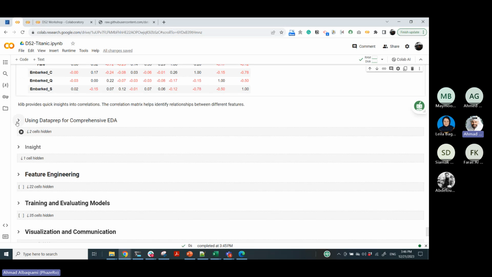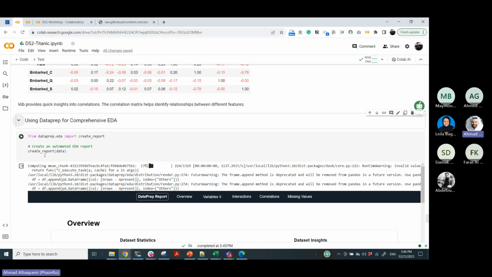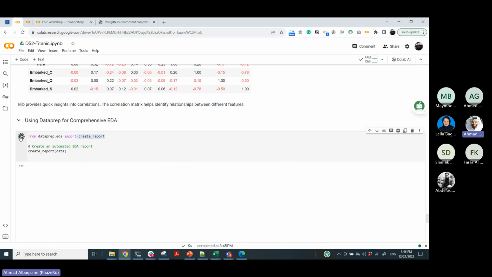And then I want to show you the one that is done by Data Prep. Okay, so let me open that one. And here, this is really automated. You just create a report. You just load create report from Data Prep, which uses the EDA submodule. You run it, and